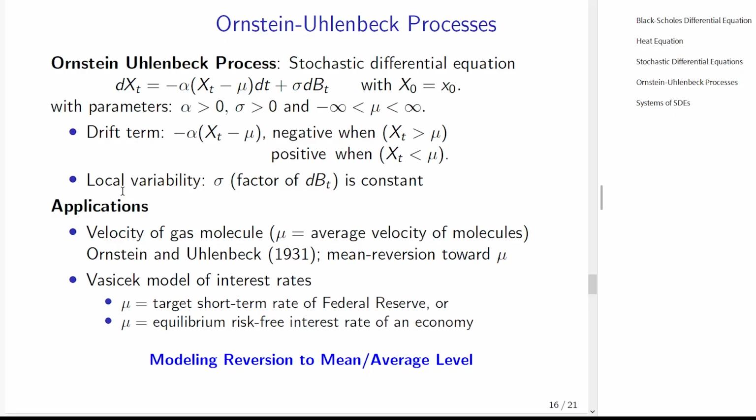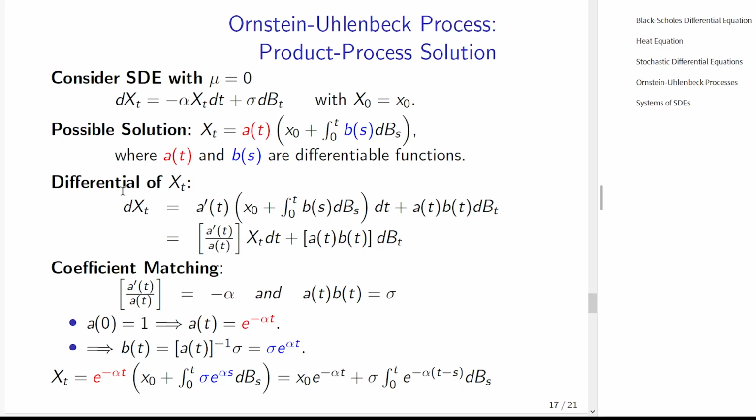Outside the range of physics, people have used this model in finance. Vasicek used it as a model for interest rate dynamics, where there's a mean level that is expected in the long run, and there's variation about that. When the process is above the average level, it tends to drift down, and when it's below, it tends to drift up. So with this Ornstein-Uhlenbeck process, we can consider